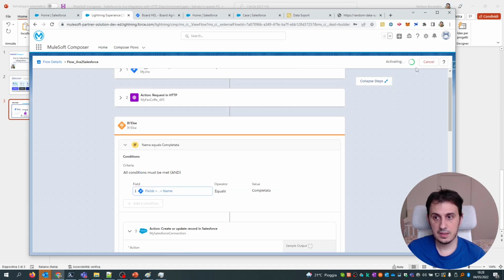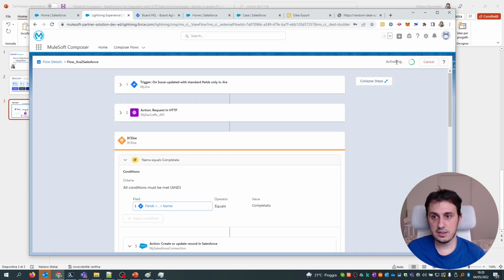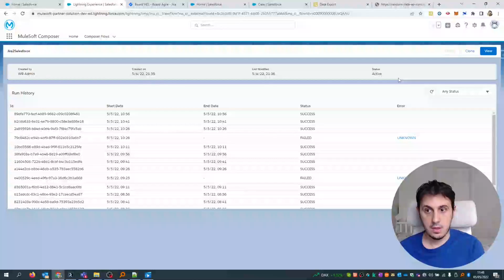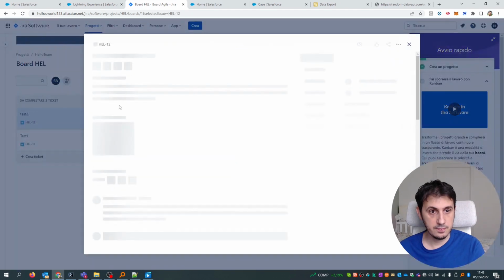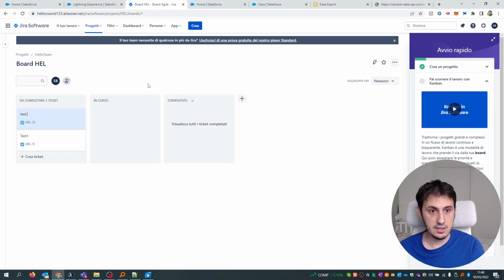Okay, so activating it may take a while, so maybe I can pause the video. Okay, and now the flow is active, so let's try. I can modify, for example, my test2 Jira ticket.